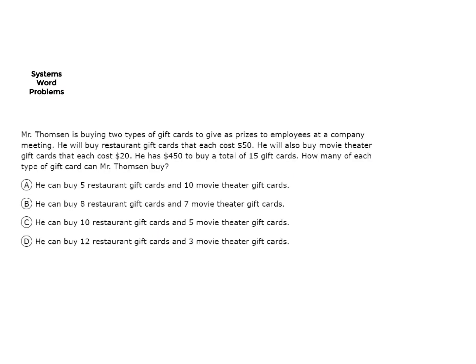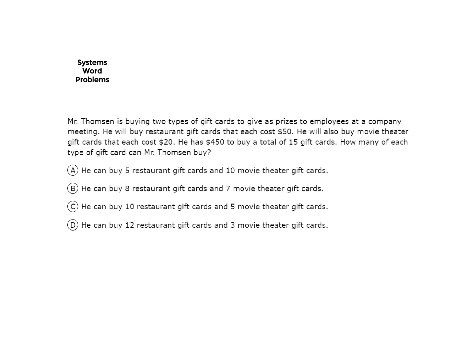Next one, you have to write your own equation. This is a little bit trickier. Mr. Thompson is buying 2 types of gift cards to give us prizes. He'll buy restaurant gift cards that cost $50, and he'll buy movie theater gift cards that cost $20. So let's go ahead and let X equal the restaurant ones and let M equal the movie ones, or we can call things what we want. So why don't we say that X is restaurant,